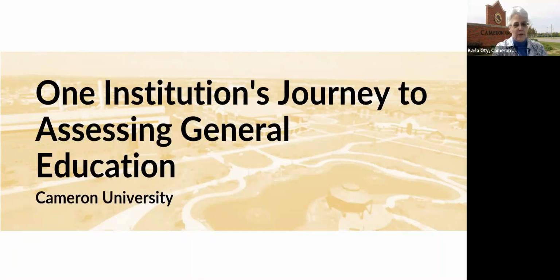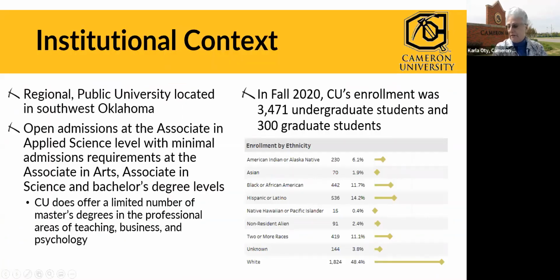So just a little bit of background. My name is Carla Odie. I started out as a math faculty member. So I did assessment as a math faculty member, then chair, then interim dean, and have been in my role, which is a really long title, I'm the Director of Institutional Research Assessment and Accountability, since 2010. So that's a little bit from where I'm coming from.